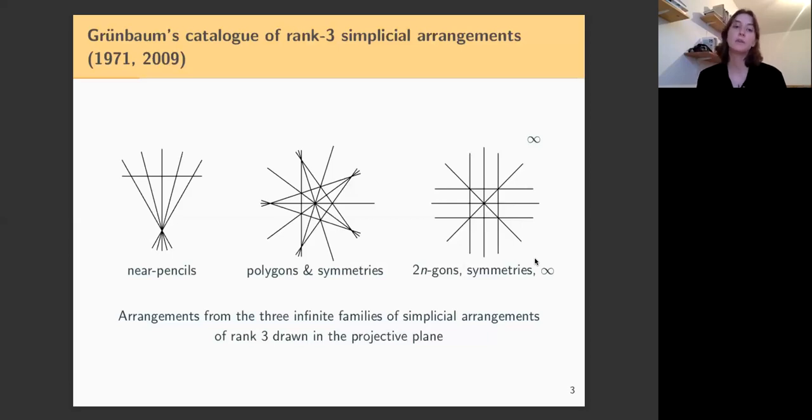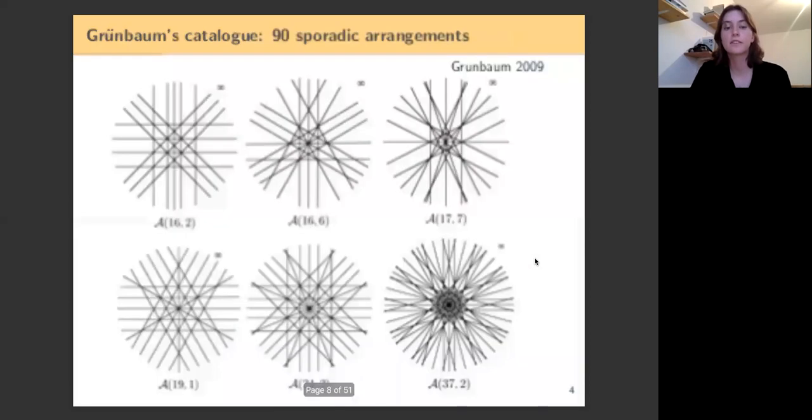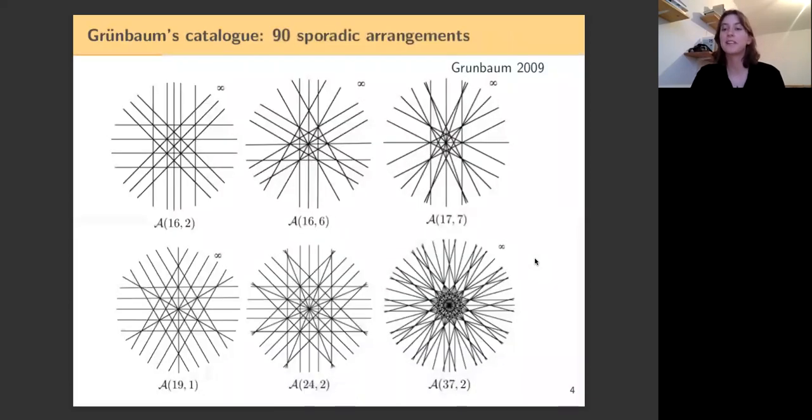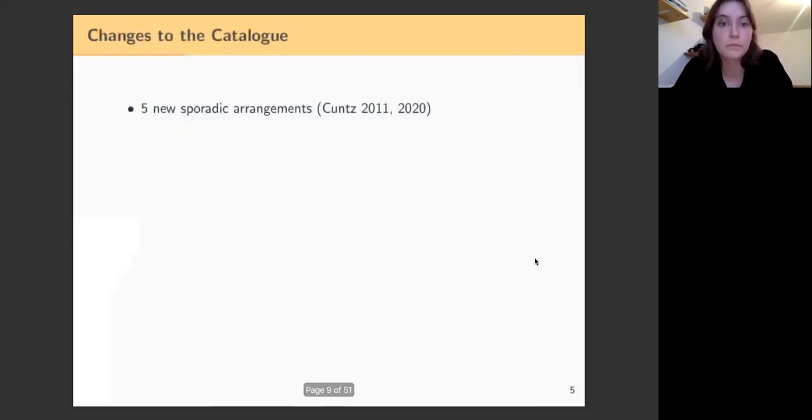But you'd have to take out that line for it to drop rank, because otherwise that's how you generate the family. You just keep adding more lines that go through this special intersection point. Okay, yeah. Sorry, I'd have to think about it a little. I think it would still be simplicial, but I'd have to think about it a little bit more. Okay, so